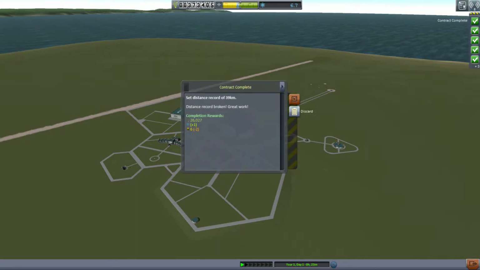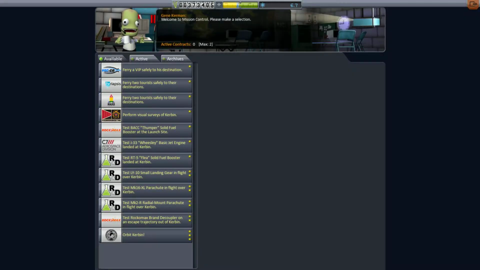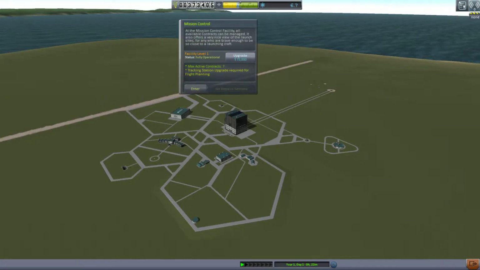Okay, so we got an extra science there, got an extra one there, didn't get enough there to get anything, got 3 more science there, 10 there, which is a bonus of 2. And yeah, we're already getting a lot of science, and what I'm going to do is actually upgrade this right now. Oops, I keep hitting the wrong button. We're going to upgrade this right now